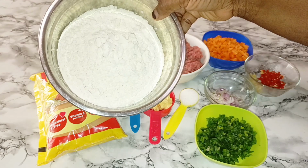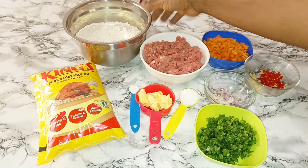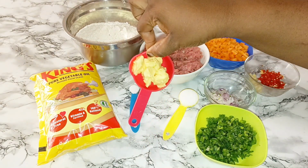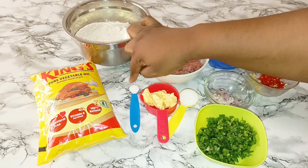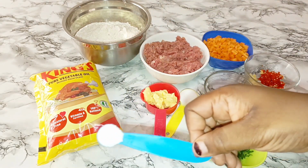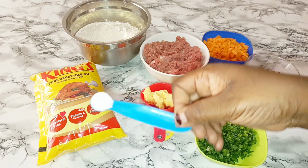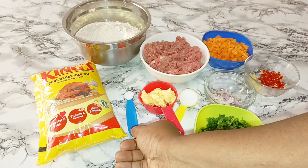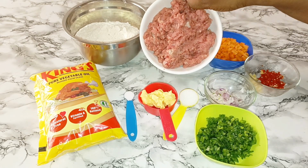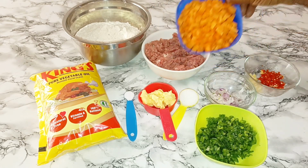So guys, welcome back. Here are all the ingredients I'm going to be using. I have flour, 4 cups of flour, 3 tablespoons of butter, half teaspoon salt, 1 tablespoon sugar. And here are all my fillings, which is my meat, carrots,